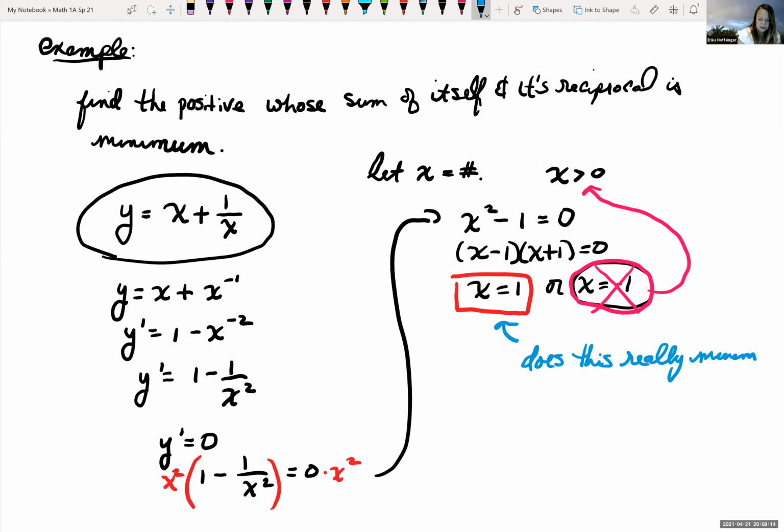So we could do a couple different things. We can use our first derivative test and find where it's increasing, decreasing. But really that second derivative test is what will a lot of times be a lot faster. So recall, if we find that we have some critical number, C,